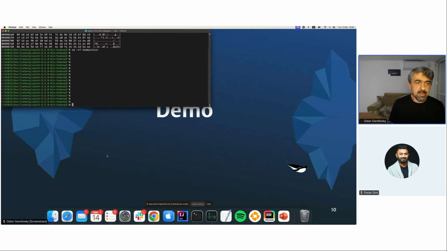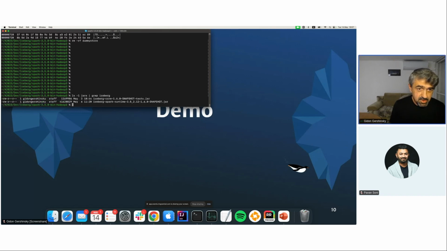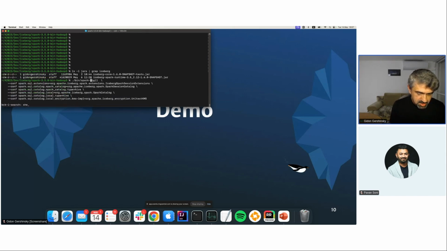So I have Spark 3.5 distribution, a standard one, but I've added a couple of Iceberg jars. And now I can run the Iceberg 101 demo shell. You'll notice that I have added a new configuration parameter with the KMS client class. Okay, so we started a shell